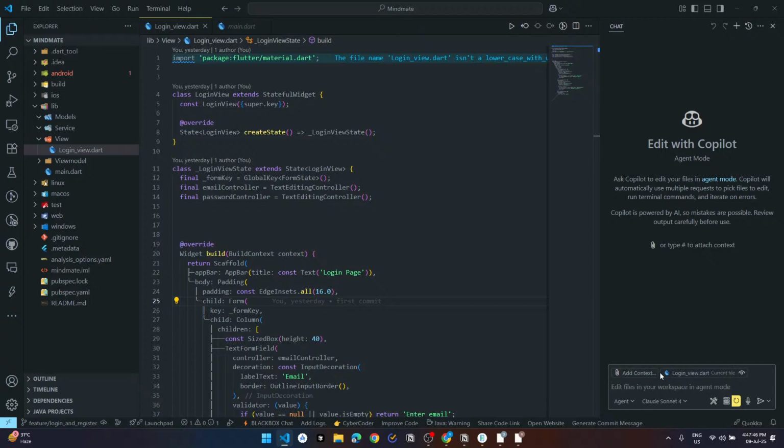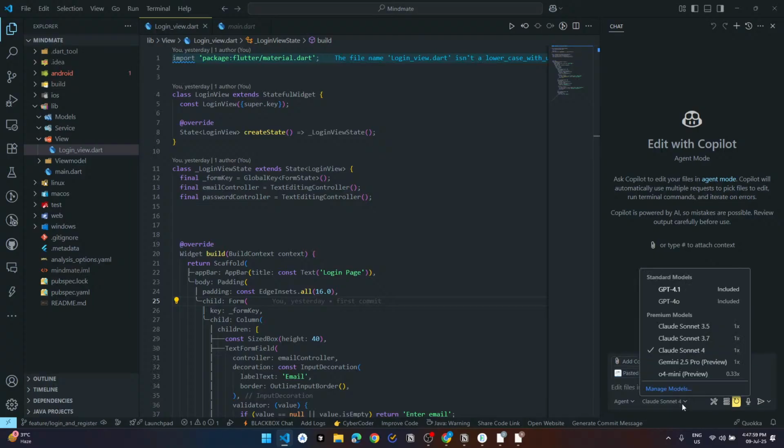So if you don't know what the GitHub student pack is, please go check it out. It is an amazing thing. We're gonna use this student pack for building this project. We have so many models here. We're gonna use, firstly, GPT 4.1 and 4.0. Let's just use Claude.